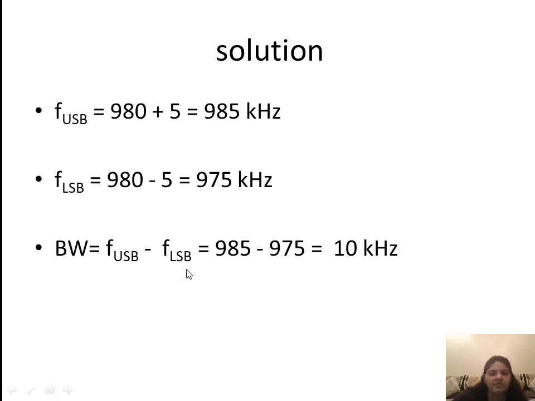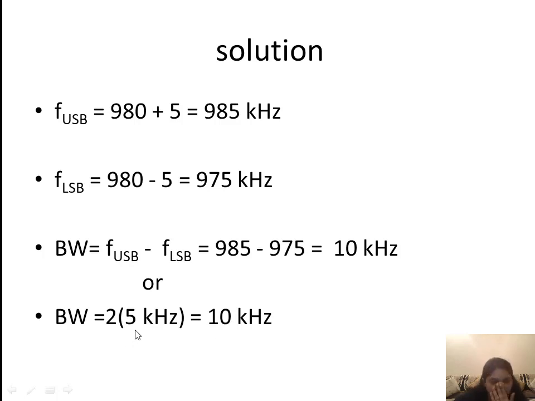Similarly, the simple way to find the bandwidth is twice FM. FM is 5 kilohertz, so 2 multiplied by 5 is equal to 10 kilohertz. So in a 1 mark question, if it is given that the modulating frequency is 5 kilohertz, then in the case of amplitude modulation, what is the bandwidth? The required bandwidth is 2 into FM, which is 10 kilohertz. We are writing a few other bandwidth equations here that we will study later.